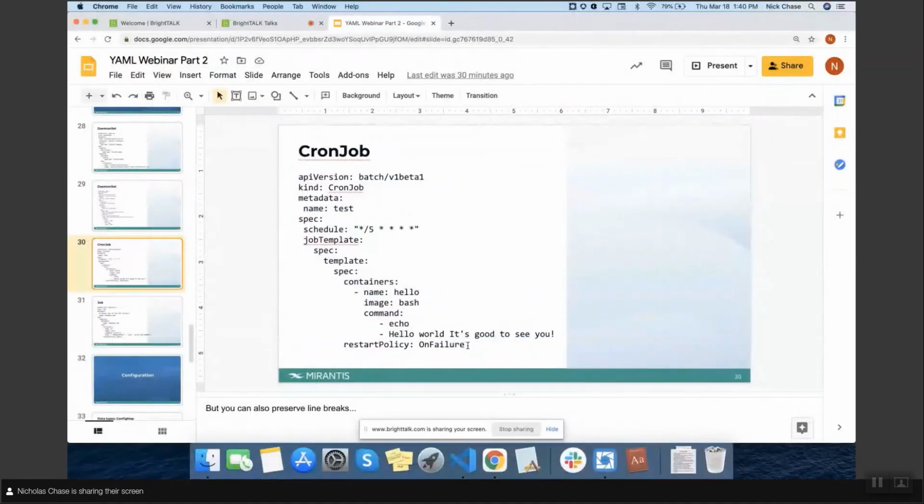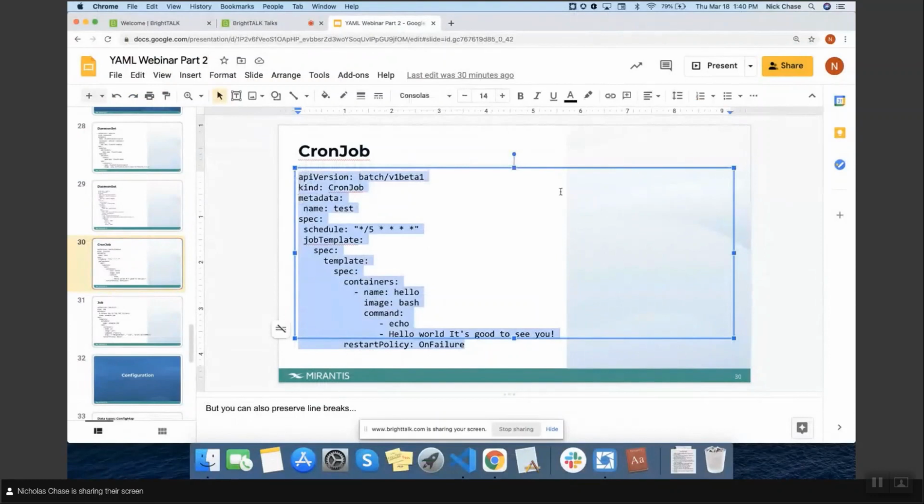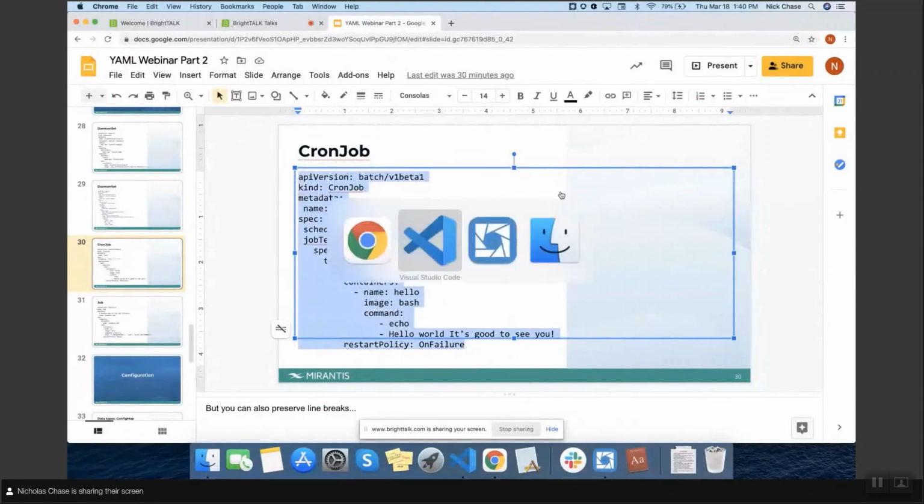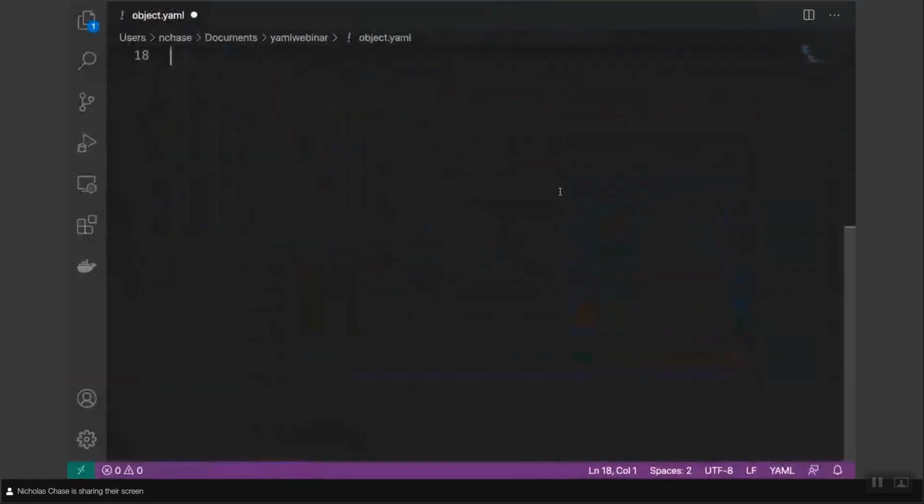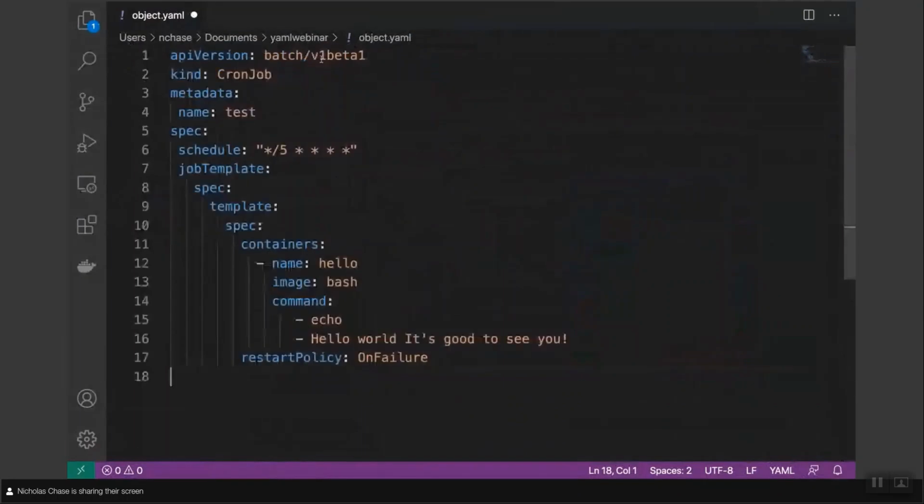Another couple of workload type things, cron jobs. So here we have a cron job, which is exactly what it's like on a Linux machine. It's something that happens on a regular schedule. The schedule is even specified in the same way. In this case, you have a cron job